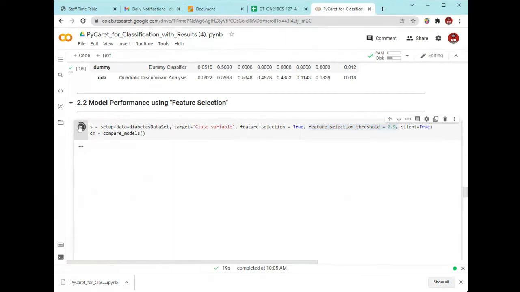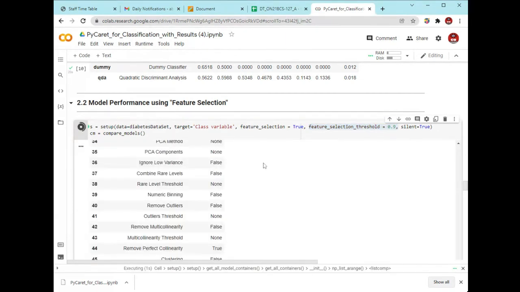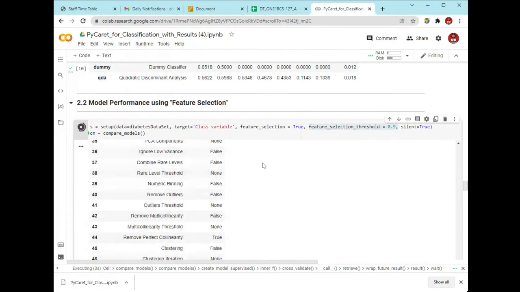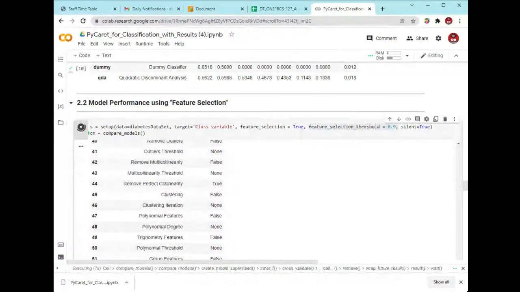So you will evaluate this model and compare it with the other models, and you will see your accuracy is affected by this operation.